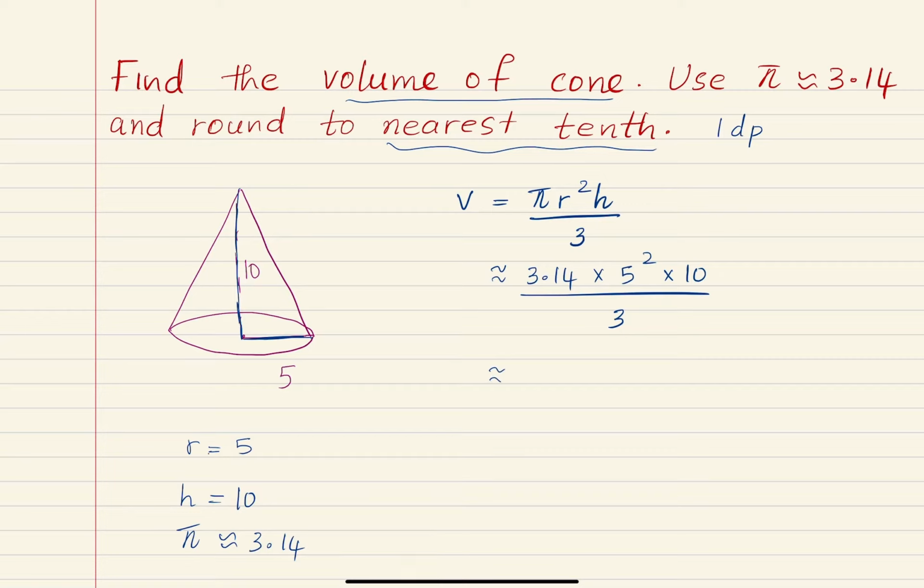So this is approximately 3.14. What is 5 square? 5 square is 5 times 5, which is 25. So times 25 times 10 divided by 3. So let's multiply 3.14 times 25 times 10, which is equal to 785 divided by 3, which is equal to approximately